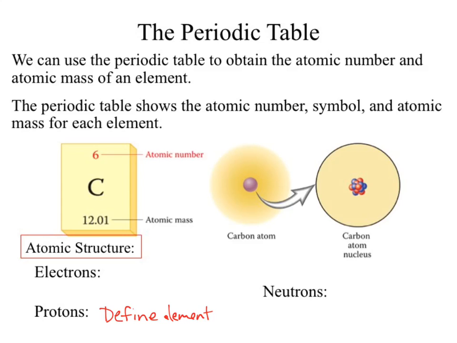What happens with our neutrons? What do our neutrons define? Define our mass. Whoa, that's not an M, it's an E. What can we refer to different elements that have, or say the same element with different masses? We define the isotope. And that, almost guaranteed, is my next slide.